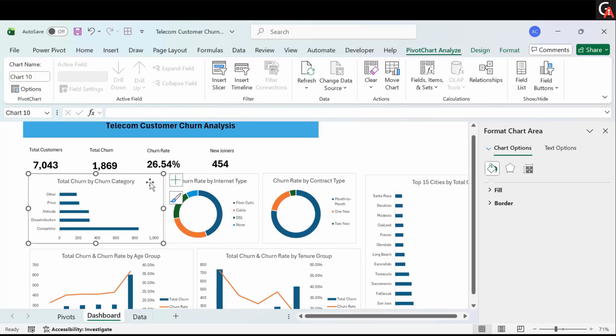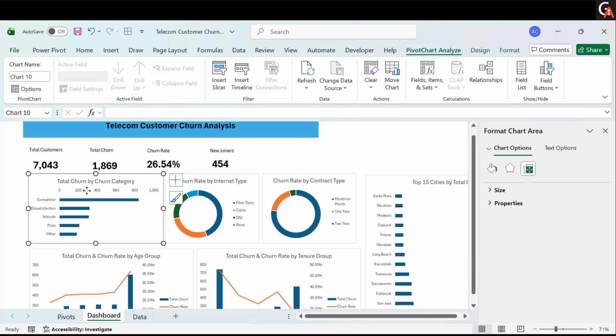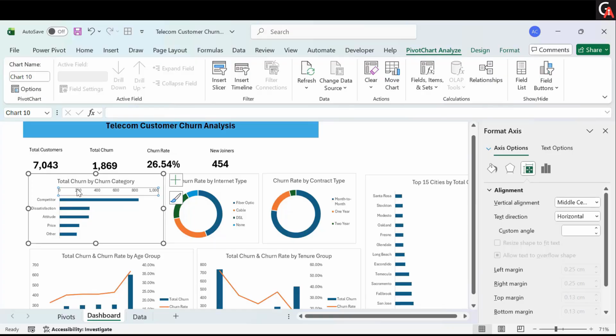You have to double click on that. Then you have to select the y-axis. Go to Axis Options, the last option. Here select the option called Categories in Reverse Order, which is going to reverse the categories, and the category which has the majority of churned customers will be at the top. Now I don't want to see these values on the x-axis,